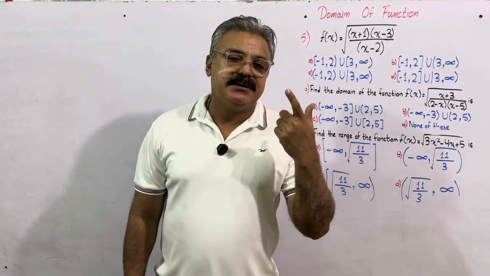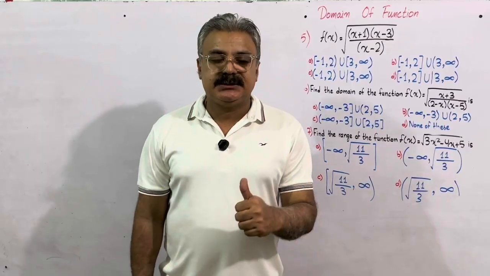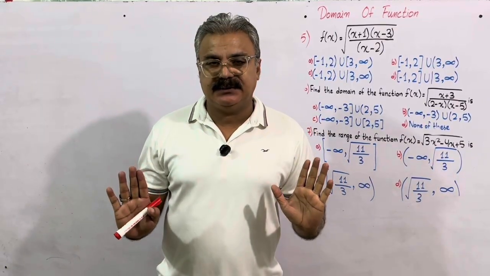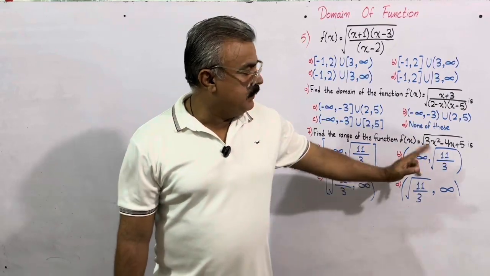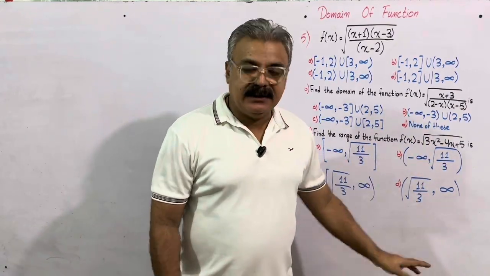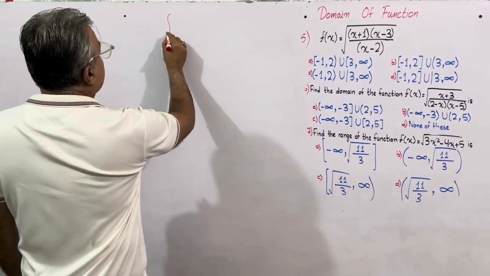Number two, the denominator never ever can be zero. Division by zero is not allowed in mathematics. And log is defined for positive values. Here we are dealing with the square root. Let's see how to find its range, domain first, and then find out. Our question is f of x